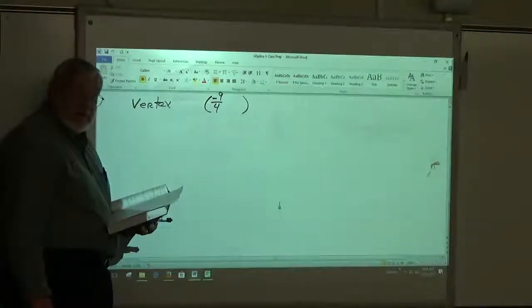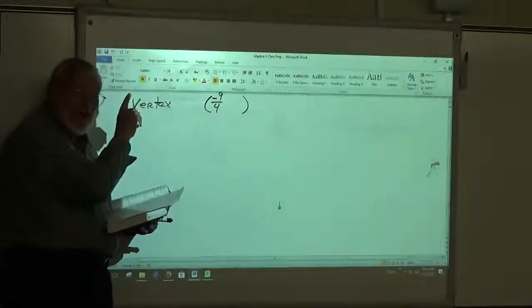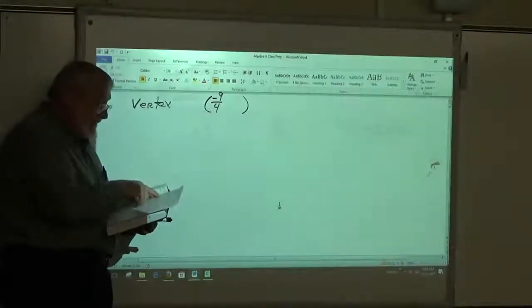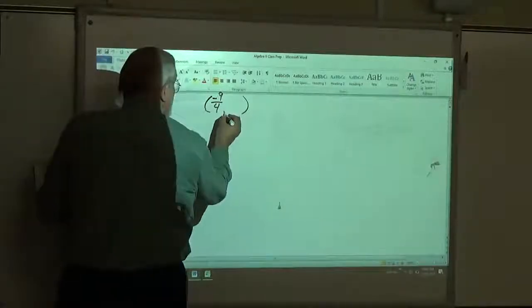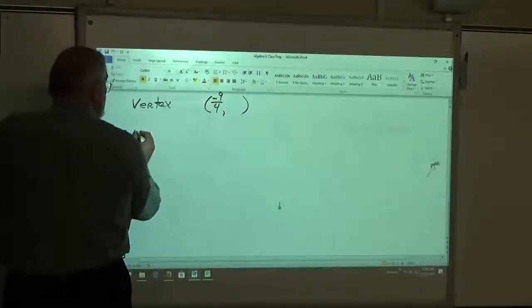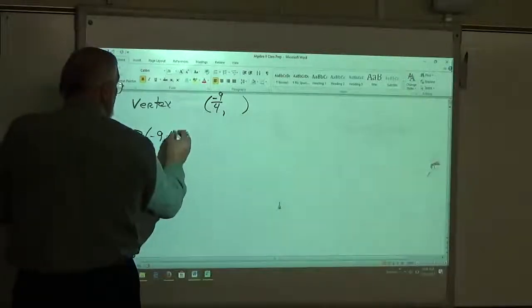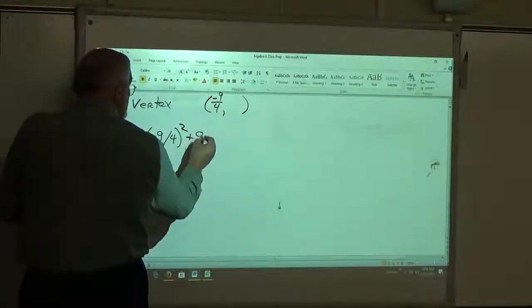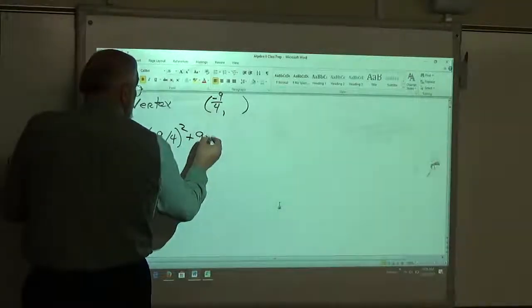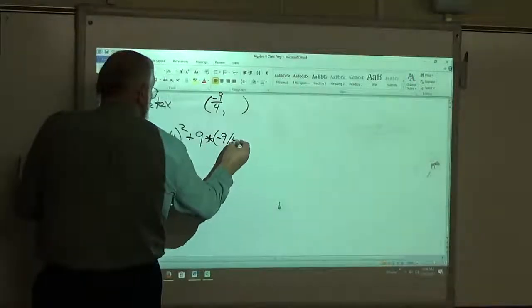Now, if that's the value for x, I have to replace it in this equation to find the y. So what I'm going to do is 2 times, parentheses, negative 9 divided by 4, parentheses squared, plus 9 times, parentheses, negative 9 divided by 4,